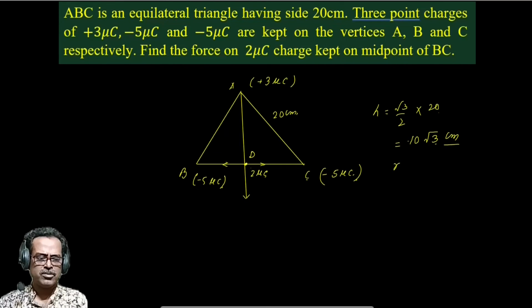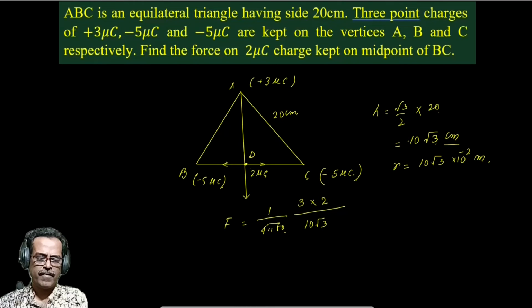So R is equal to 10 root 3 into 10 to the power minus 2 meter. So force is equal to 1 by 4 pi epsilon 0 plus 3 into plus 2, Q1 Q2 divided by R square, 10 root 3 into 10 to the power minus 2 whole square